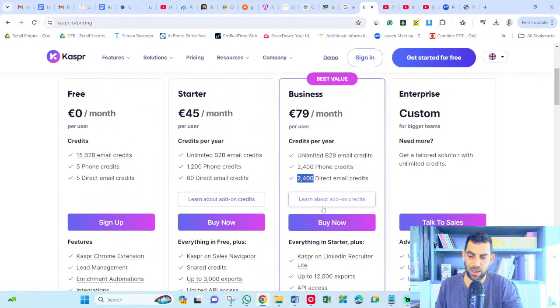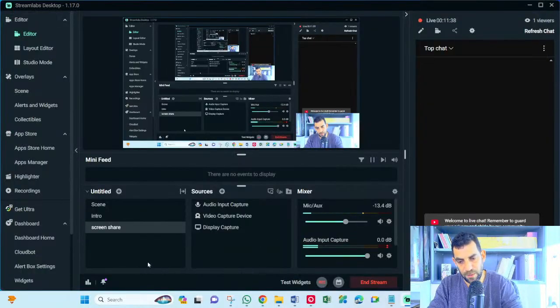And then you compare it with what a VA would do for you on a monthly basis. It's probably going to be more or less the same, but here you're getting it in one click. And you're getting a very accurate list in most cases, and you are able to compare. Now, you took Casper, for instance, and you don't need to compare it to ZoomInfo because it is expensive. And I apologize, ZoomInfo, if anyone from your team is watching this video, but you're very welcome to give us a better offer if you want. And I will be happy to share that with the audience, for them, not for me.